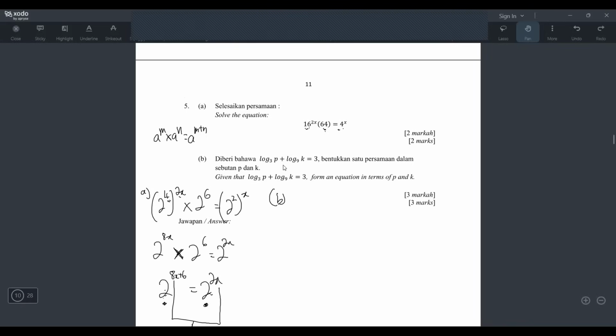Same base. If it's not the same base, you cannot continue. There's nothing you can do if it's not the same base, right? It means you have to change to the same base if it's not the same base. So let's read. Given that log 3p plus log 9k equals 3, form an equation in terms of p and